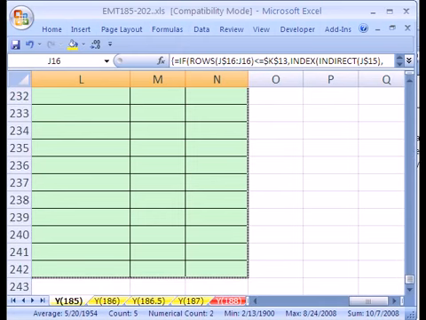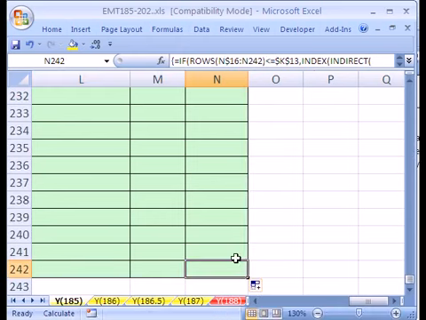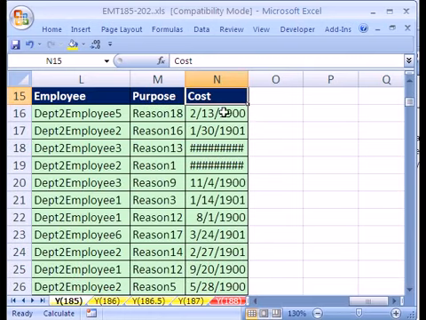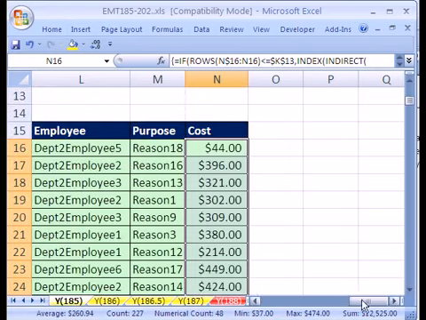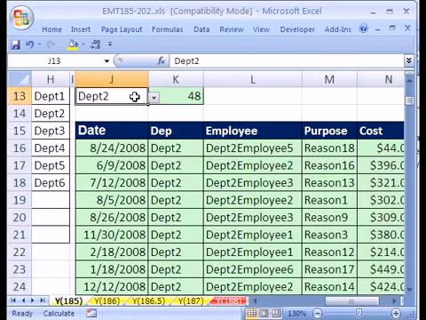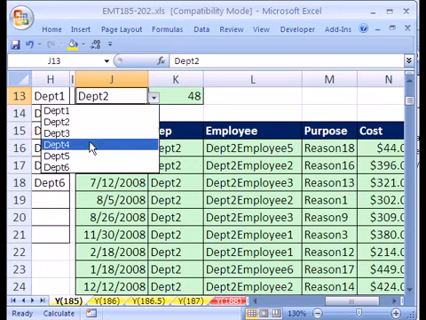I can already see the cost column is not formatted correctly. I'm going to click in the bottom and Control Up arrow. I'm going to click here and Control Shift down arrow, and I'm going to use the keyboard shortcut for currency, Control Shift 4. All right, so that looks like it worked, and we can test it, change it to department 6,